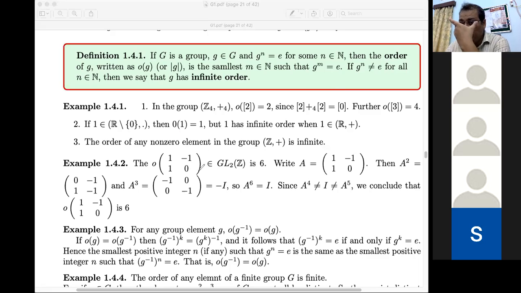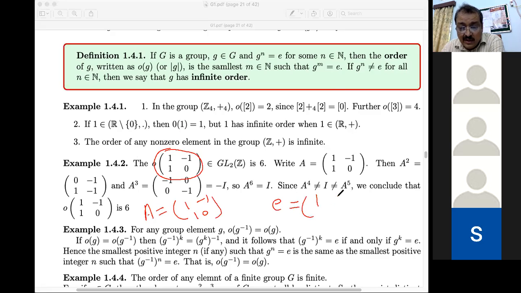So if this is an invertible matrix, then we have to find the order of this element A. So हमने क्या लिया कि just we take A matrix है [[1, -1], [1, 0]]। अब इसके अंदर आइडेंटिटी एलिमेंट क्या होता है? [[1, 0], [0, 1]], यानी आइडेंटिटी मैट्रिक्स होती है। ये आइडेंटिटी मैट्रिक्स हो गई। अब हमें ये दिखाना है इसकी पावर जो होगी वो कहाँ पर जाकर आइडेंटिटी मिलेगी।